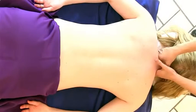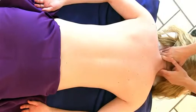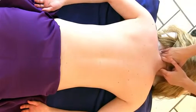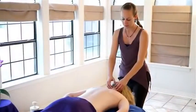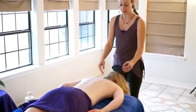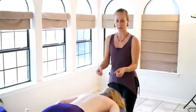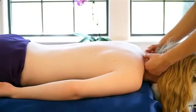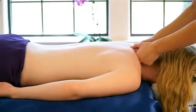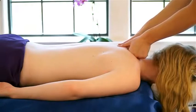So the next one, one of my favorite moves, we call it ironing down the erectors. So you want both hands at the top of the back, and you're going to make your hands into really loose fists. So I'm not clenching my hands, but they're just nice and loose, and this is the surface that you're going to use to work on. So putting your irons, so you have like two little irons on top of the shoulders, you're just going to gently begin to apply pressure